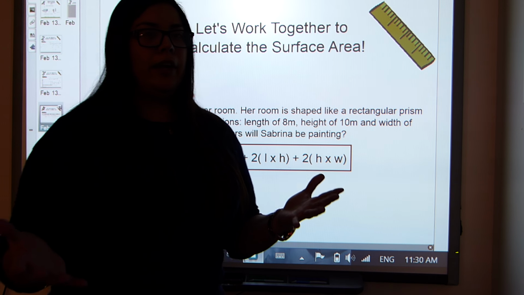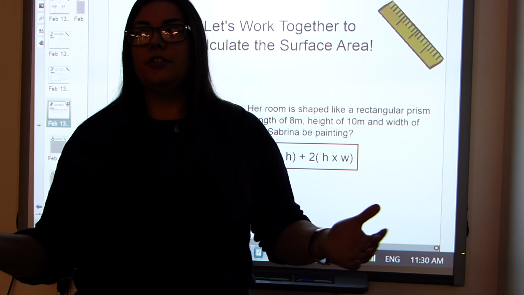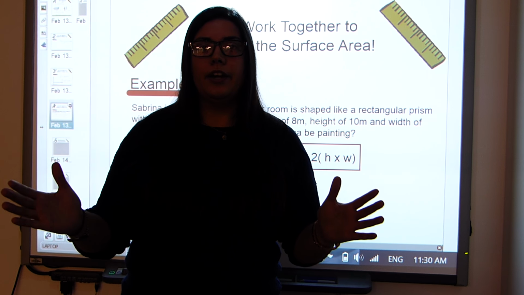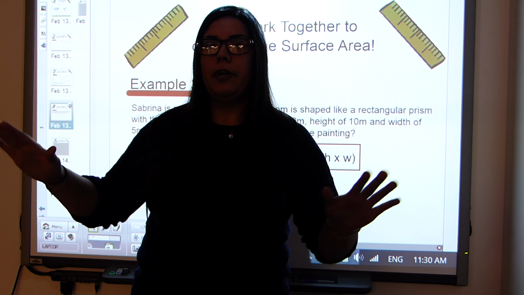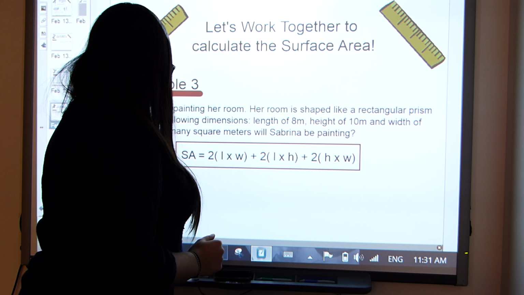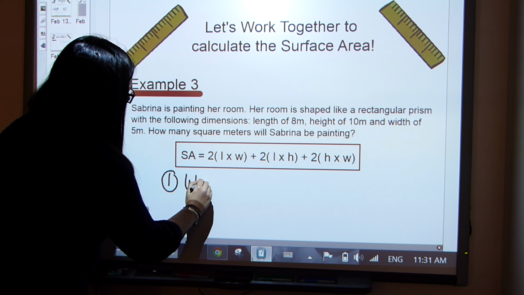But usually when you're painting, you just paint the walls. But because I didn't state, I just wanted you to calculate the surface area of the walls, you're going to calculate the surface area for Sabrina painting the walls, the ceiling, and the floor. So that's one option. So I'll put your options here. So walls,